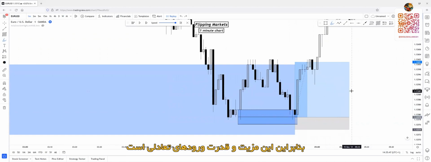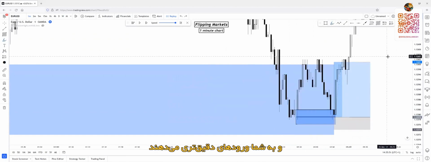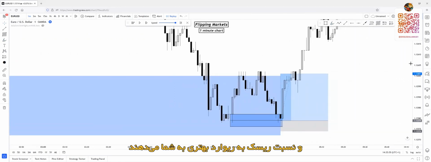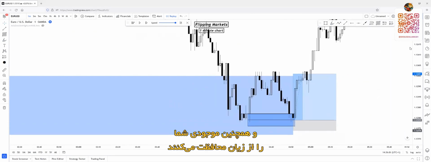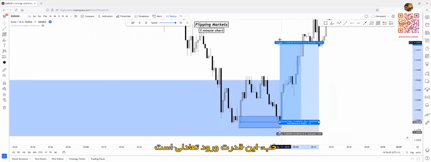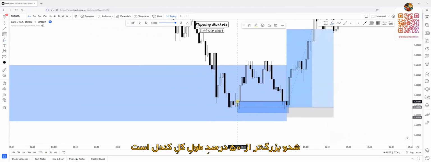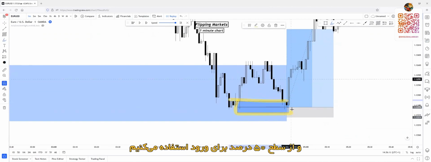So that's the power of the Gambaxes. That's the power of the equilibrium entries. It gives you a more precise entry and gives you a better and bigger risk-reward ratio, and also protects your capital from losses. So yeah, that's the power of the Gambaxes. Once again, the wick is bigger than the 50% of the whole candle, Gambax on the zone, 50% entry, and you are in the trade.